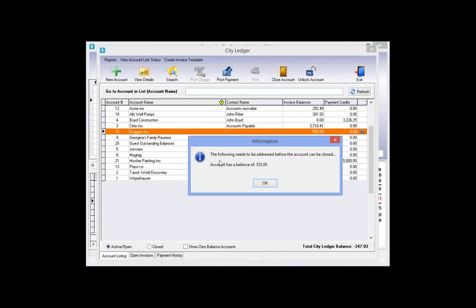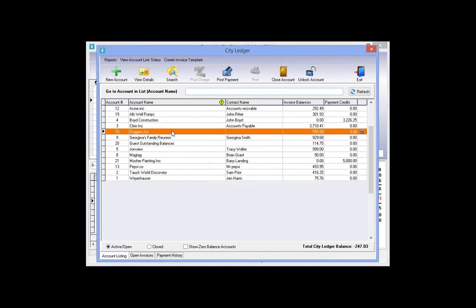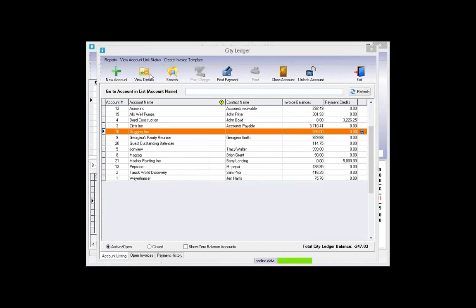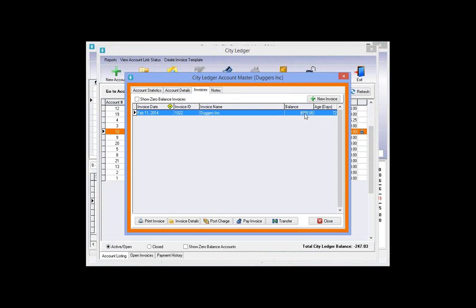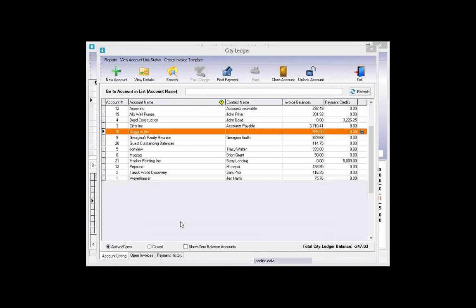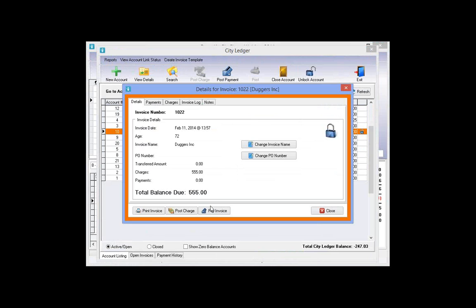Room key is going to say the following needs to be addressed before the account can be closed. Account has a balance of $555. So you can't close an account if it has a balance. We've got to decide what we are going to do with that outstanding balance. So I'm going to go into View Details. I'm going to go to Invoices. They only have one outstanding invoice. So we'll go to Invoice Details. I'm going to click on Pay Invoice,